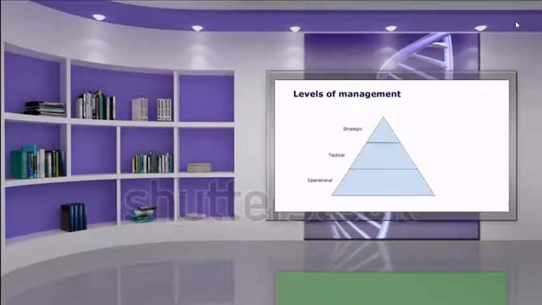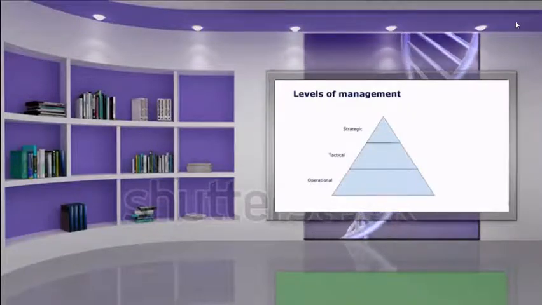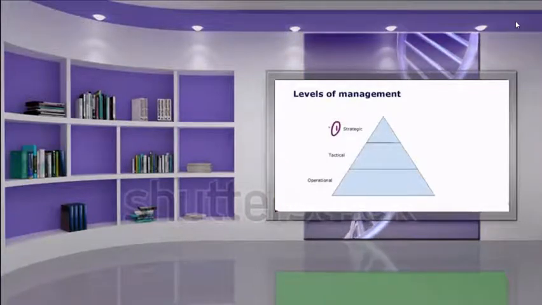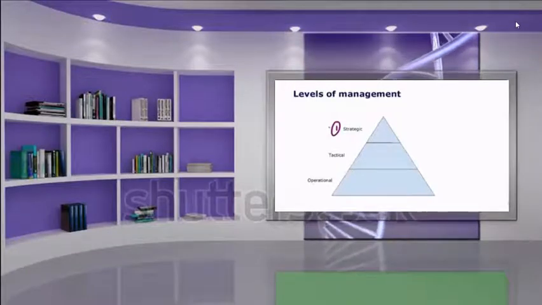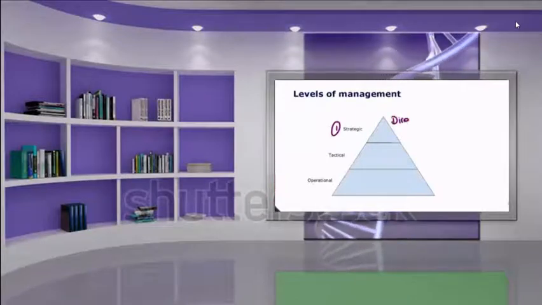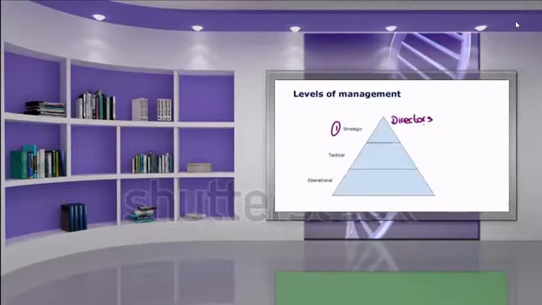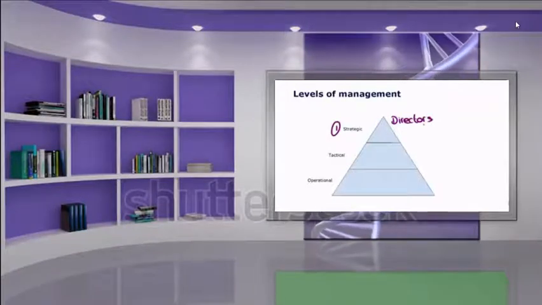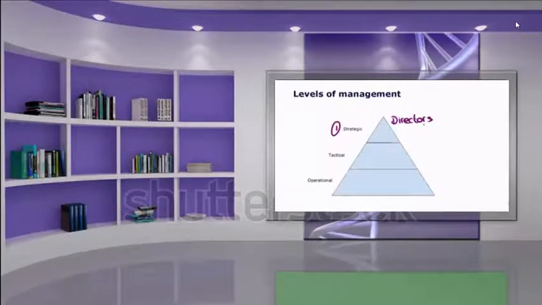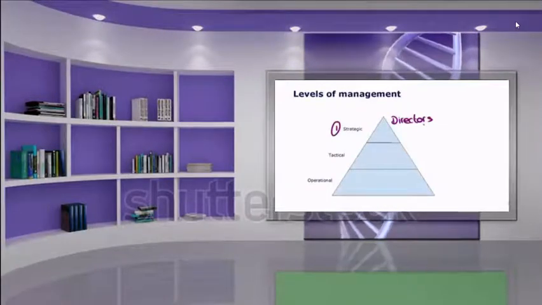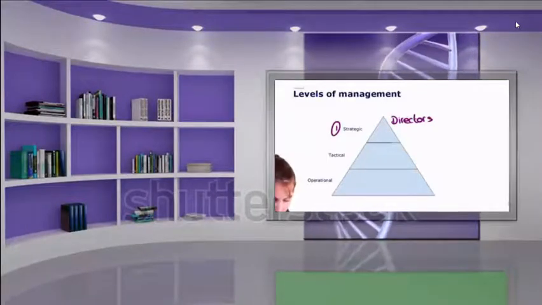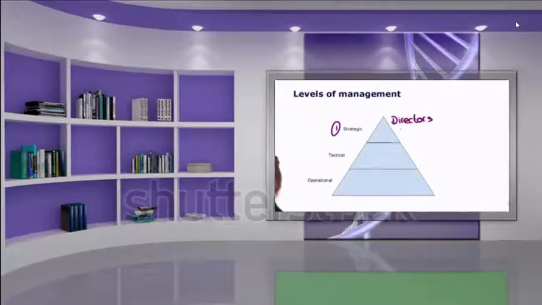So our management within an organisation can be split into 3 different levels. At the very top of our pyramid, we've got our strategic level management. If we're looking at strategic level management, we are really talking about the directors and senior management within the organisation. These are the people running the company at its highest level, so they are thinking about the company's longer term growth and future.